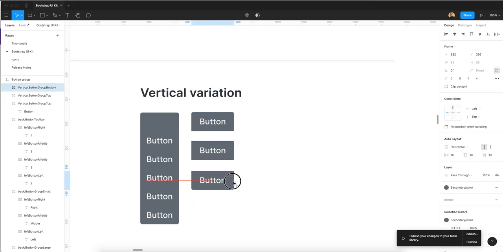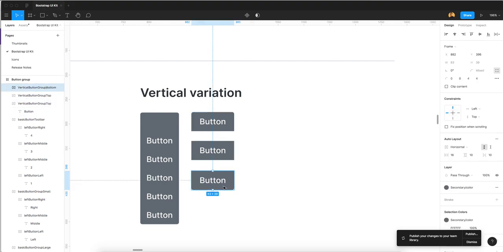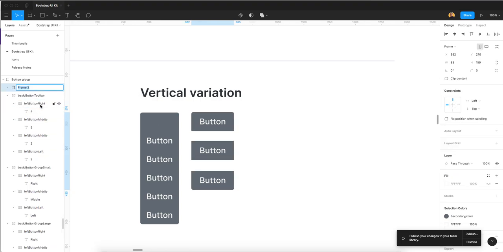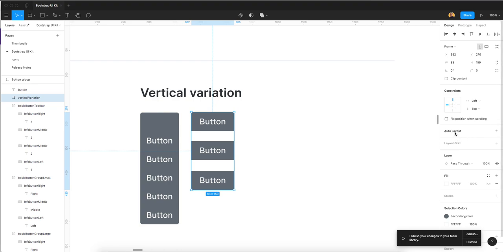Okay, so these are very helpful to create a vertical variation. This our top, and this our bottom, and this will be our simple middle. Now I am going to select this, and again I create one new frame, we can name this vertical variation. Okay, I just remove the space from this vertical variation, and after converting this frame I convert into auto layout.